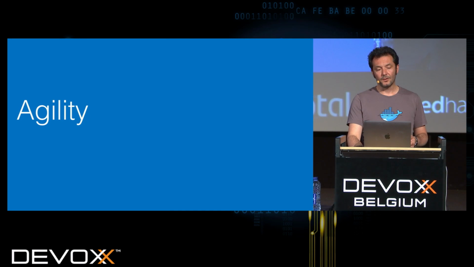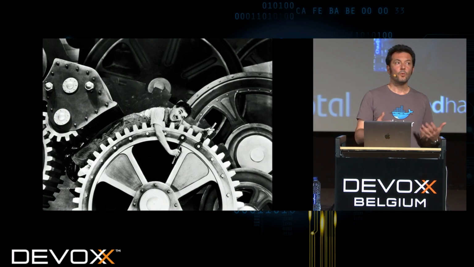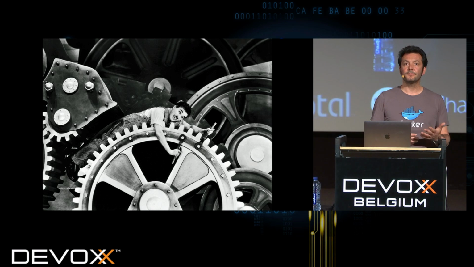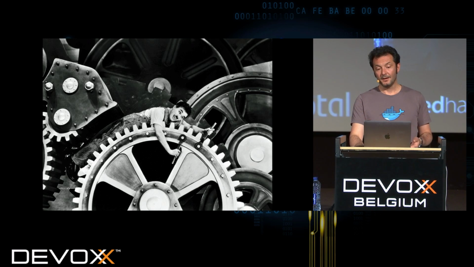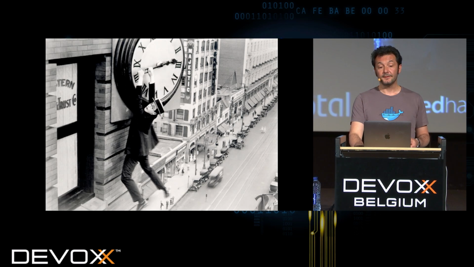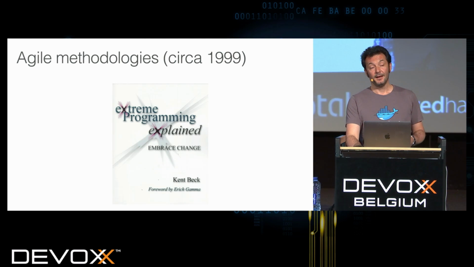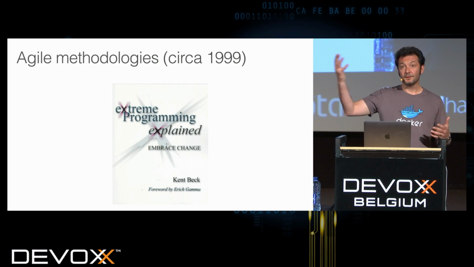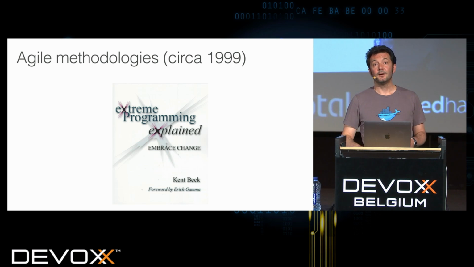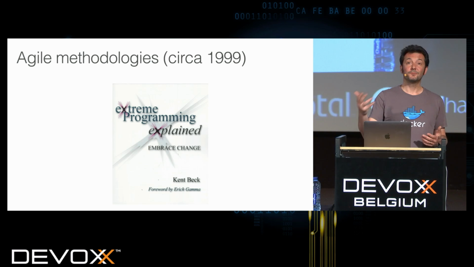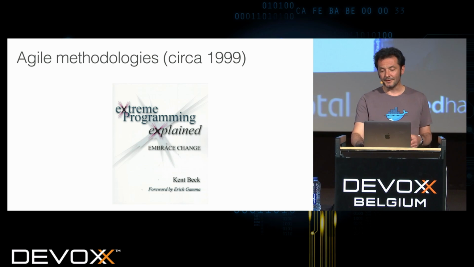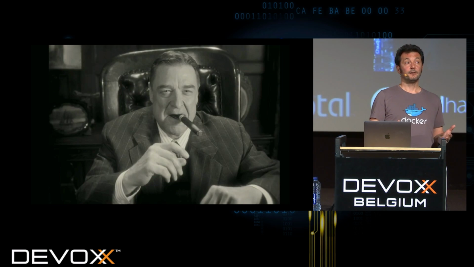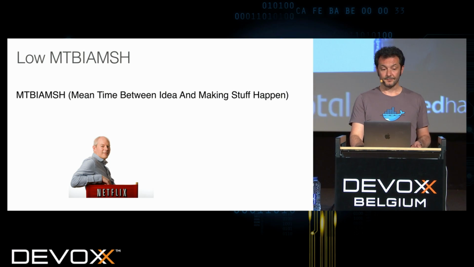So why is Docker important? One aspect of Docker is that it enables teams of developers to become more agile. As developers, we love to build complexity. We're always late. And extreme programming, which evolved into different agile methodologies, appeared in 1999. I remember introducing that to my team at Sun back in the days, maybe in 2000. Right now, every enterprise is using Agile, and they're not using it because it's cool for developers. They're using it because it's good for business.